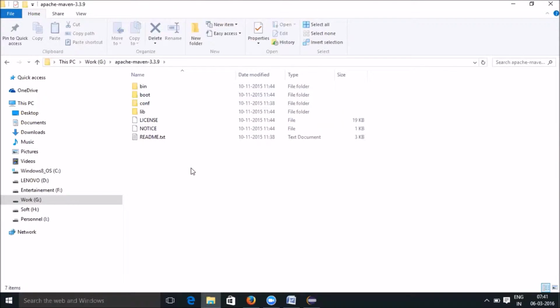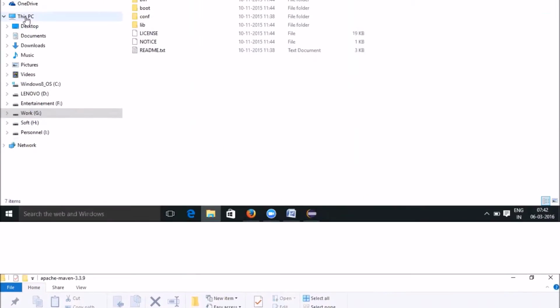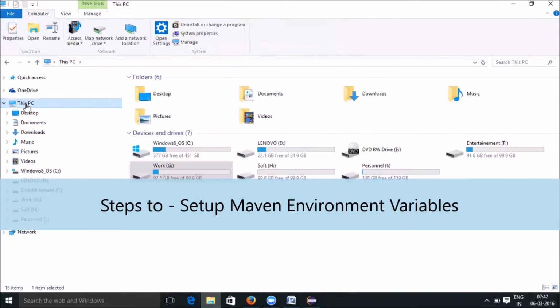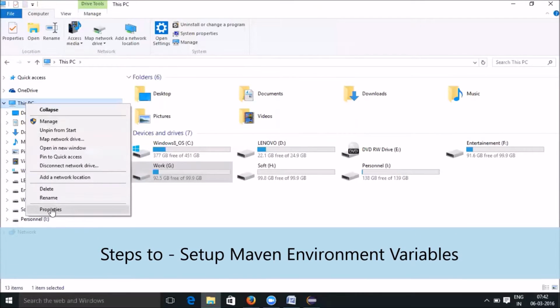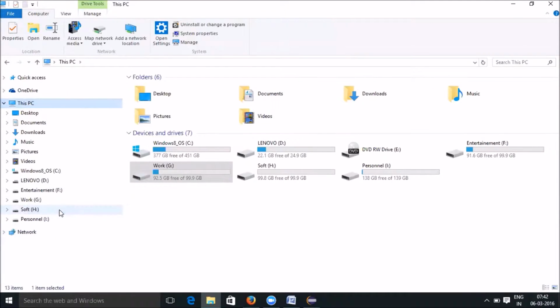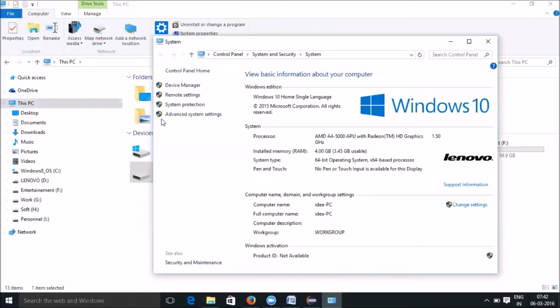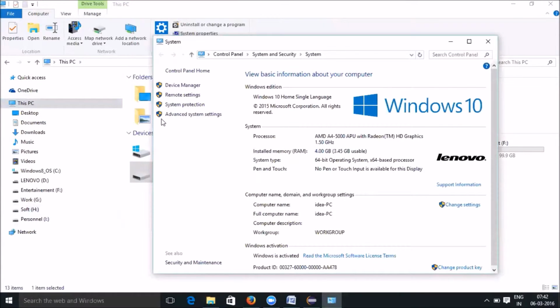The other thing is that you also need to set up the environment variables for Maven. Select This PC, right click and click on properties. In some systems it will be My Computer. Right click on your computer, and you can see something like advanced system settings.